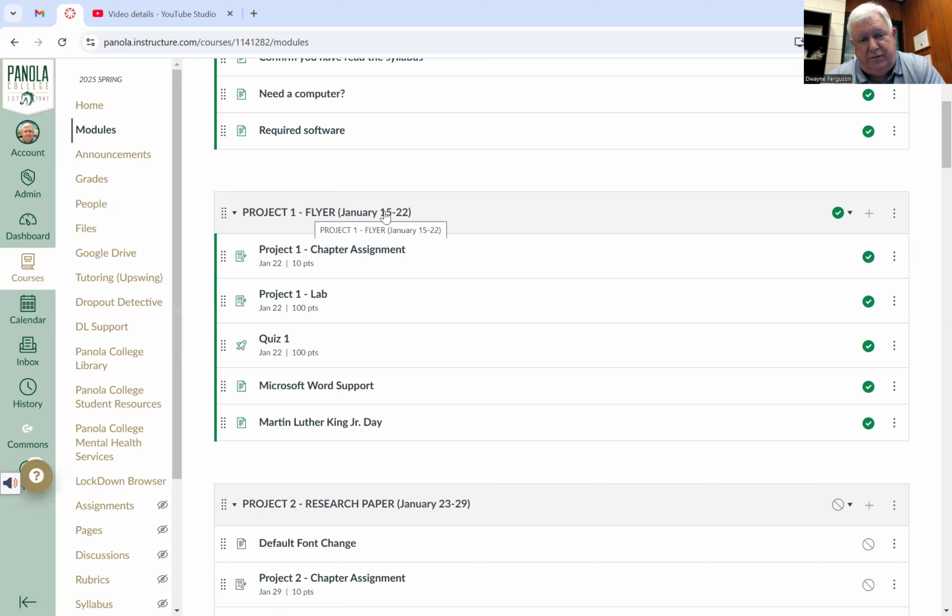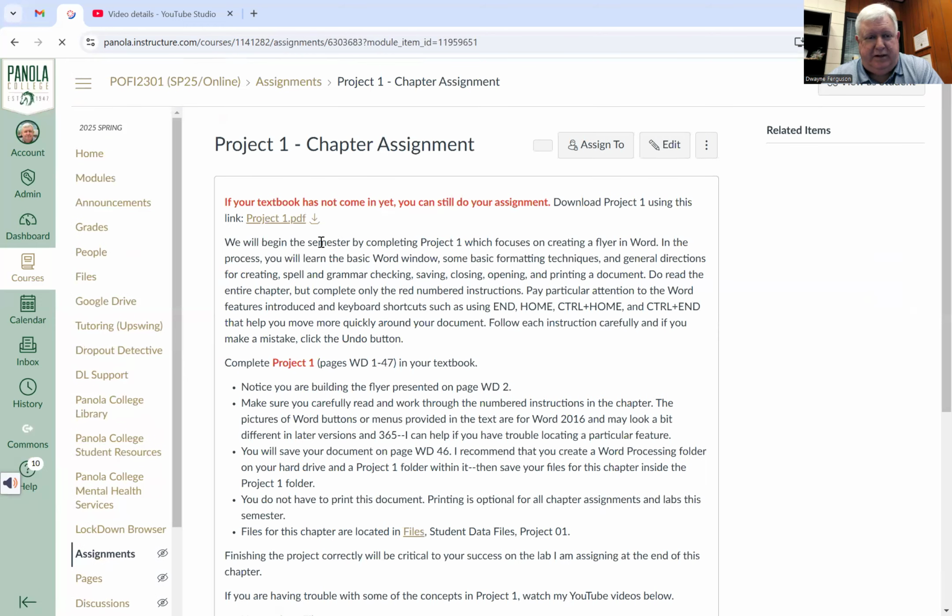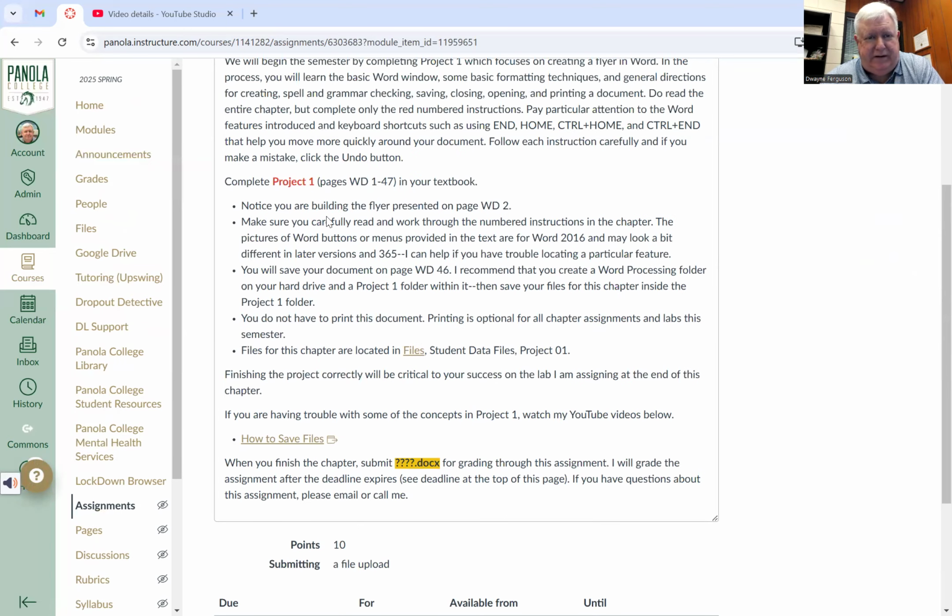And I want you to work on it from the 15th to the 22nd. And you'll click on each part of this. So again, yours won't look exactly like mine, but when you click on it, it'll tell you how to do the assignment. If there are things in there that I want you to pay attention to, I'll put notes in there for you